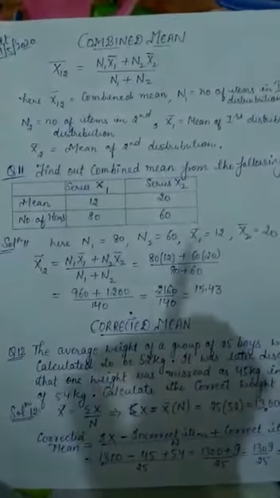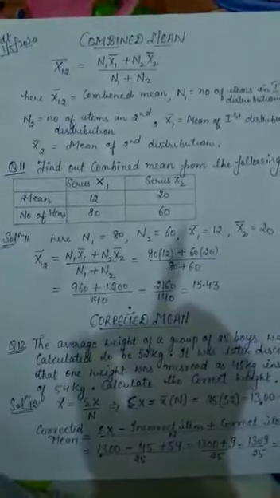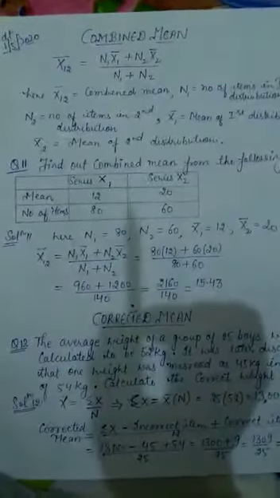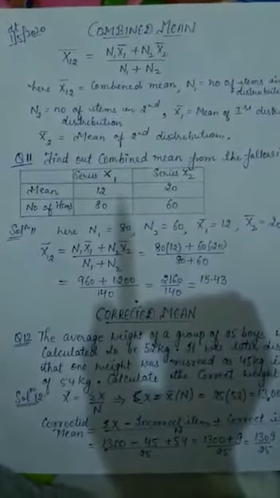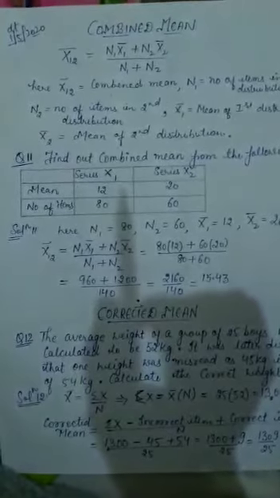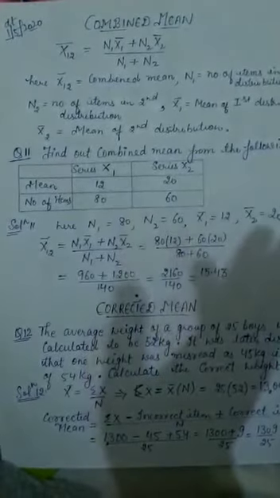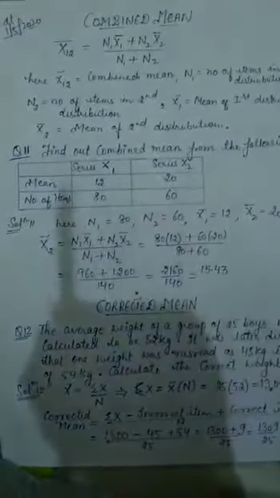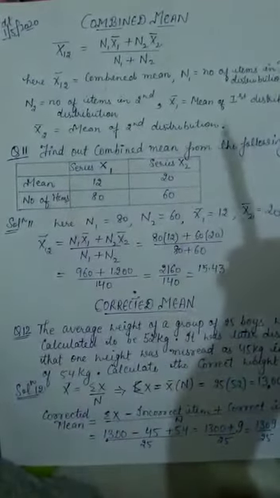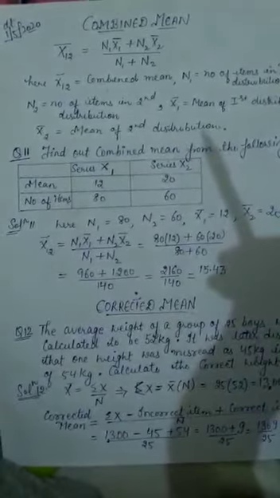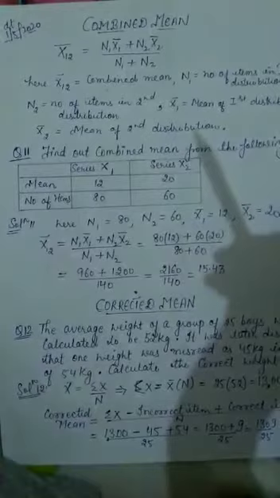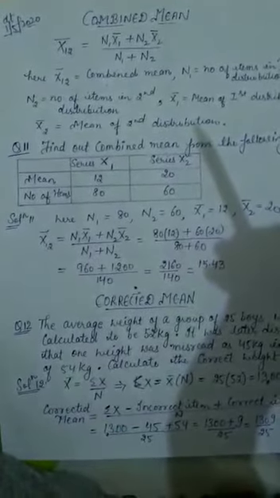Our next topic for today is that we will study about combined mean. So beta, when we need combined mean, it means suppose two series are given to us. Till now we have done about one series only, always one series. Now suppose two series are given to you, or two pieces of information about two different means and their different numbers of people. So in that case we need to find out